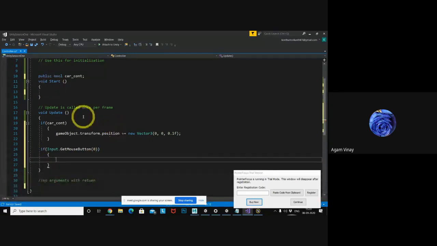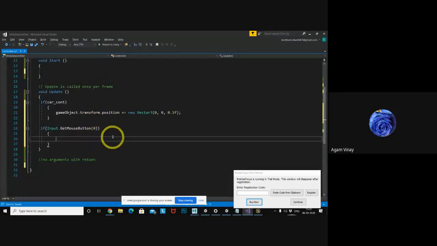So whenever I click the left one, and the car control should be true, right? So car control equal to, I'm setting the true value. Okay, now what will happen whenever I click, the car control should get true. Whenever the car control is true, this line will be executed automatically, right?